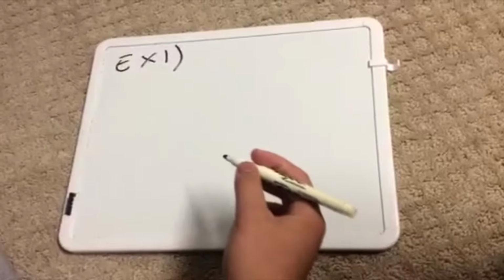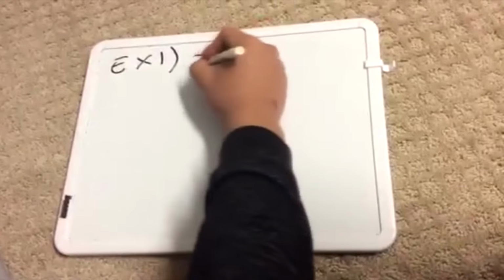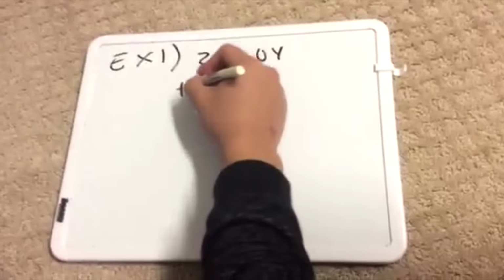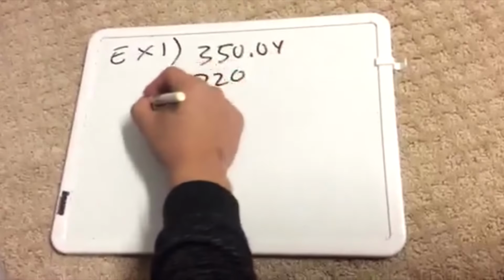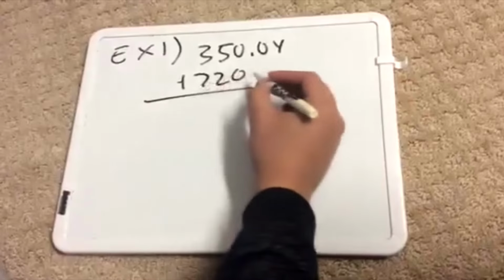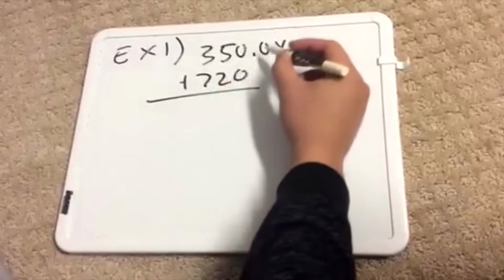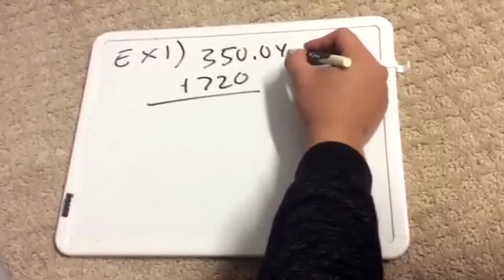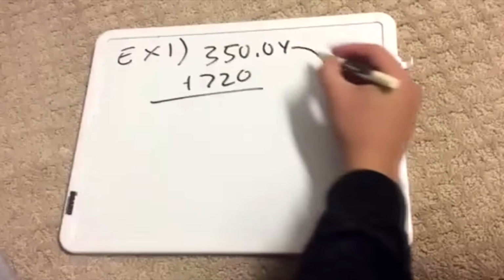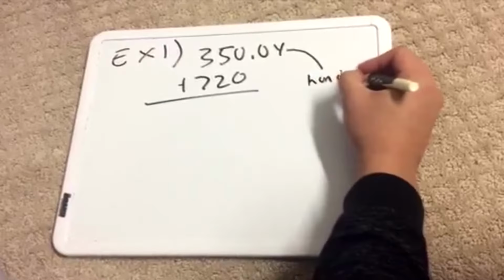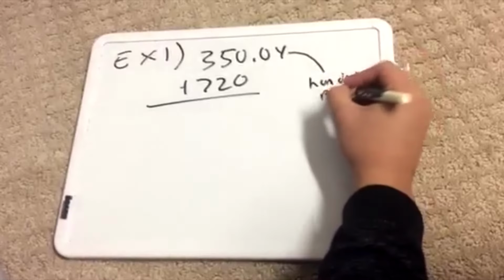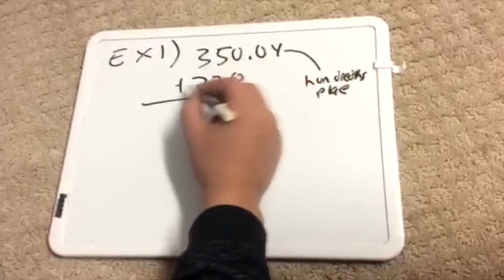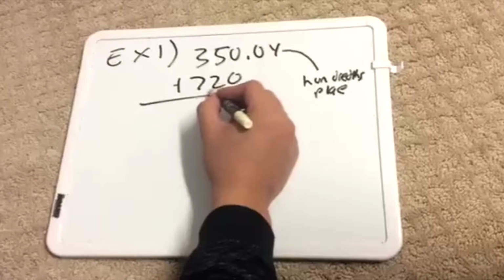So for this example, we'll add. So I'll write 350.04 plus 720. So the least specific significant figure for 350.04 is the 4, which is in the hundredths place. However, the least specific significant figure in the number 720 is in the